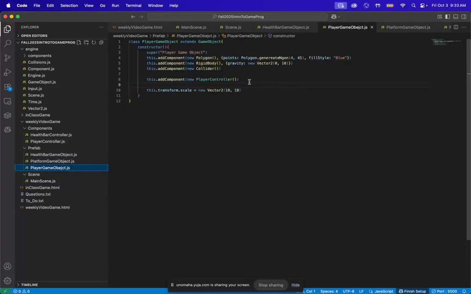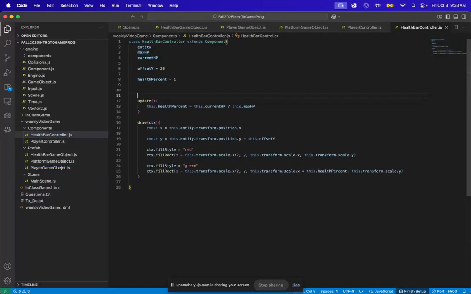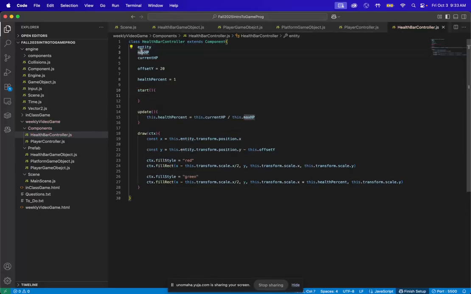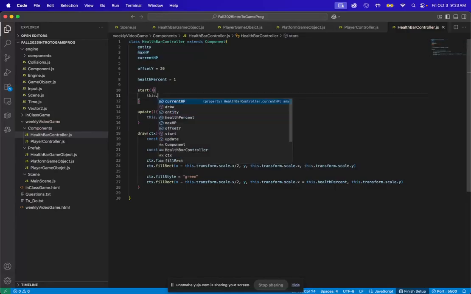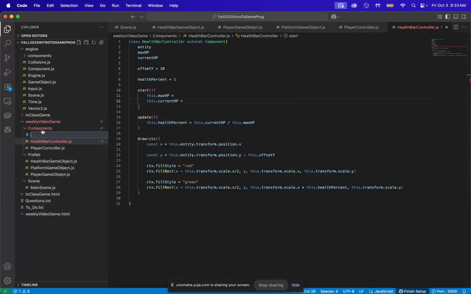What you could do, this is probably the best way to do it actually, is rather than doing max HP and current HP, what you want to do is inside of start, keep that stuff trapped inside of the entity. So this.maxHP equals this.currentHP equals, and inside of component we would say health pool